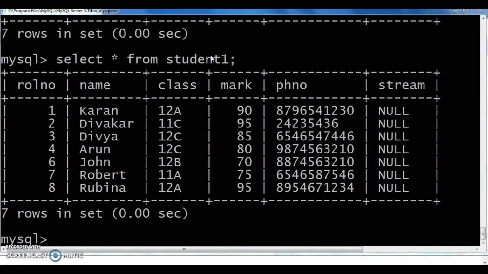Okay. How can I change the field name? Here I used PH number. Instead of this PH number, I have to use phone number. For that purpose also we can use this alter table command.